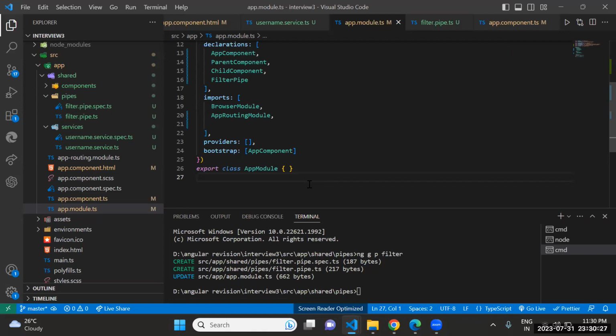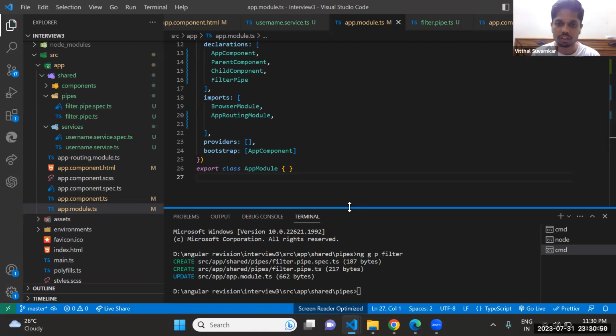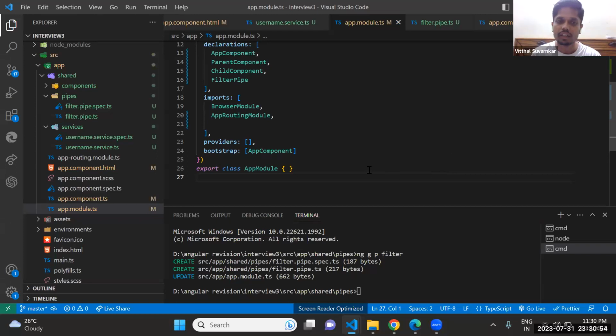What is the difference between promise and observable? A promise returns only one value, it can resolve or it can reject. In an observable, we can return multiple values, multiple times we get data.